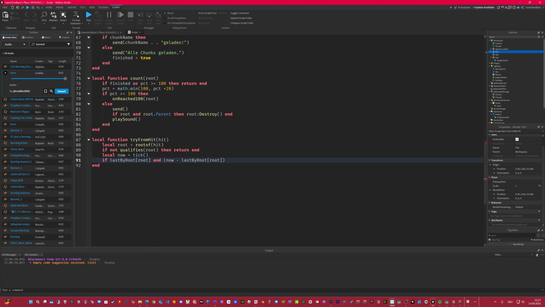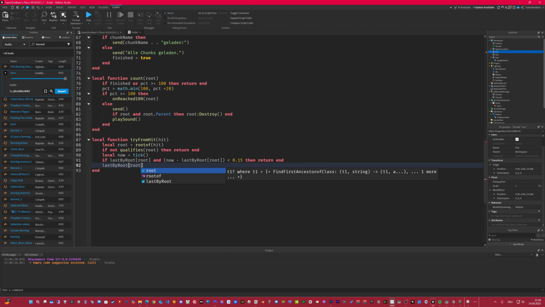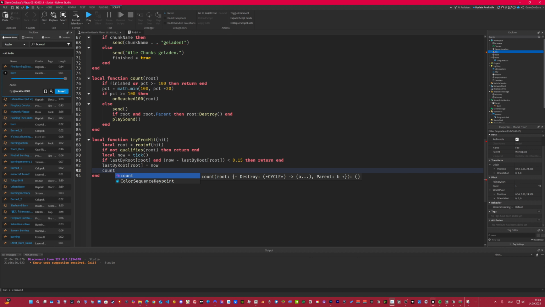Saves the current timestamp now into last by root for this root. This records the last time the object was processed. Lua. Count root. Calls the function count root to increase progress or trigger related actions. Lua. End. Ends the function. In short, this function processes a hit, validates the object, enforces a 0.15 second cooldown per object, saves the timestamp,